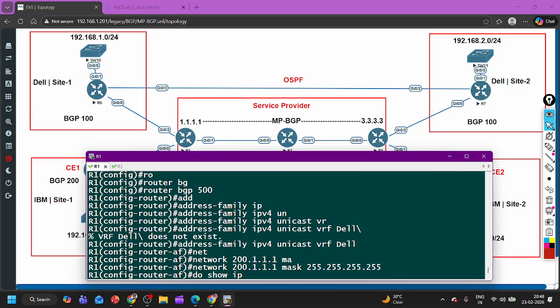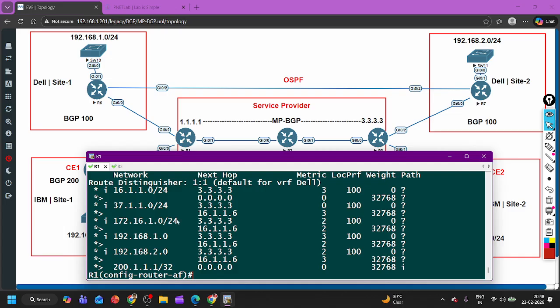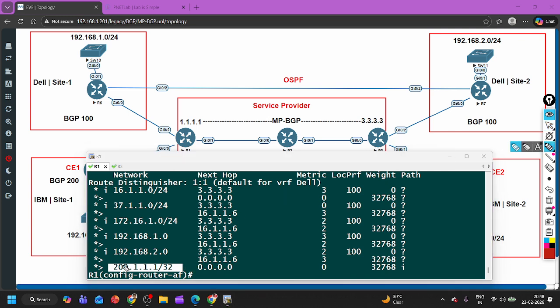Do show ip bgp vpnv4 vrf Dell. Now this prefix is installed and we are redistributing BGP into OSPF, so the service provider will also advertise these 200